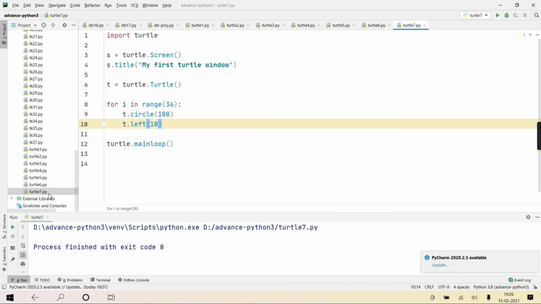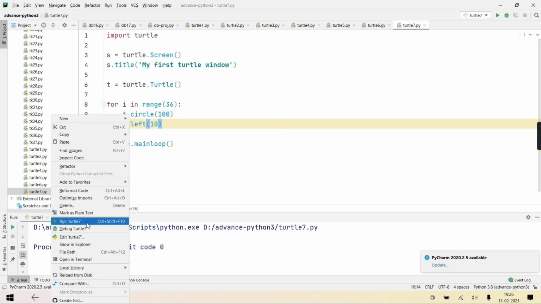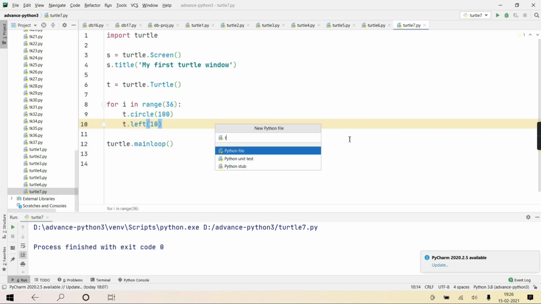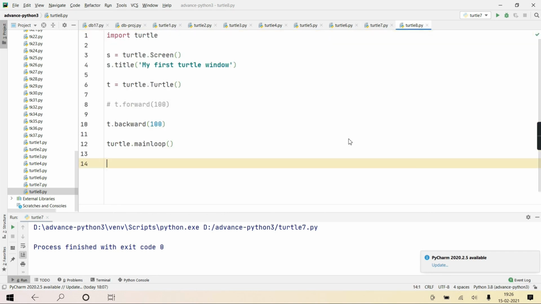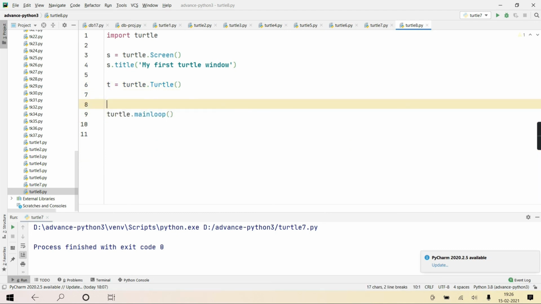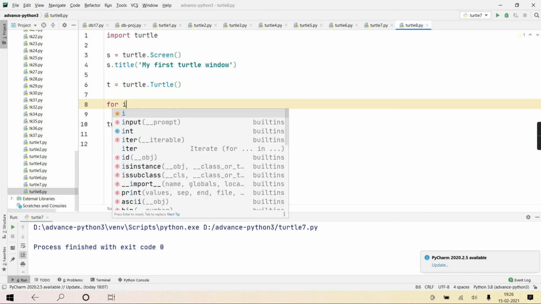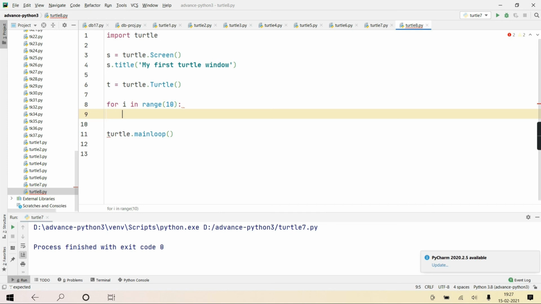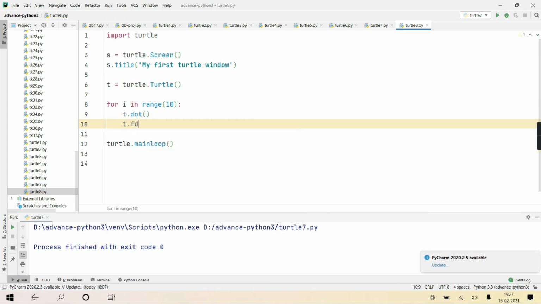See, just one simple example here I put. Suppose in a simple loop I am putting for i in range 10, and I am saying t dot dot, and then t dot forward 25.